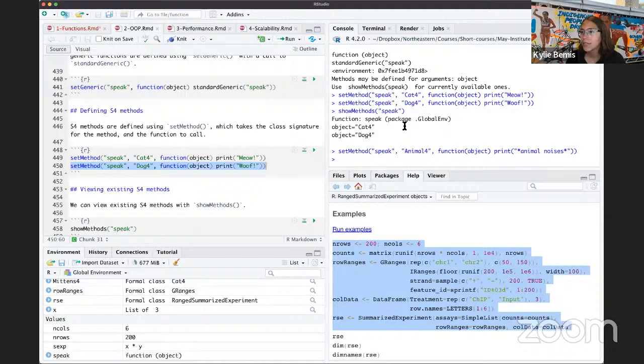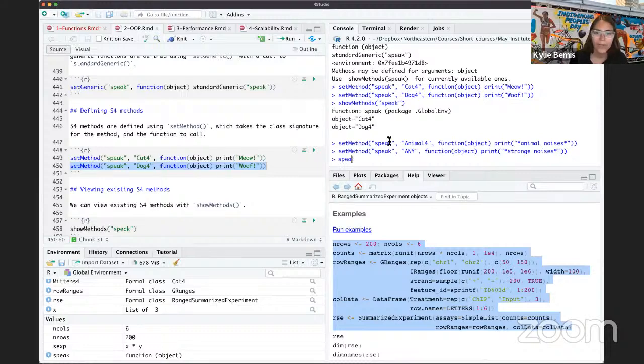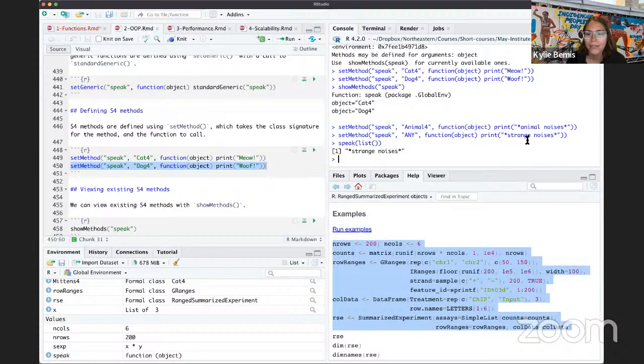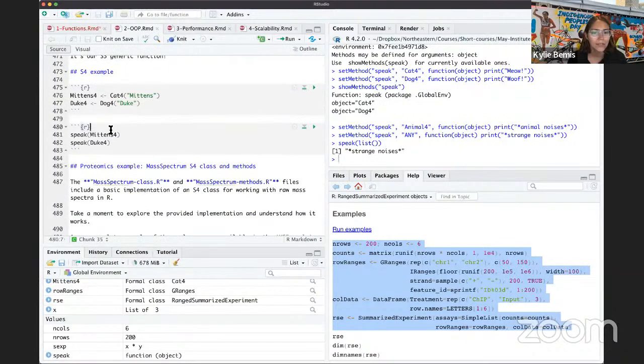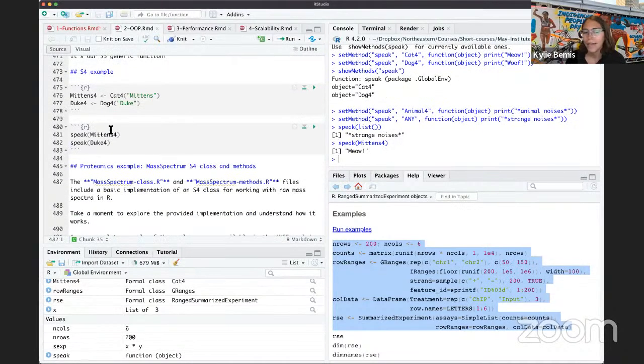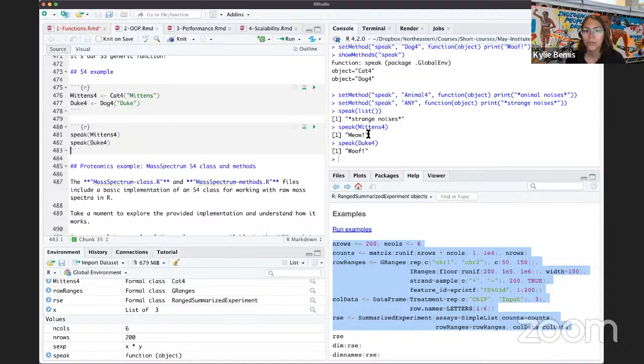So here I have a method for animals and a default fallback for anything. So now if I call, say, speak on a list, I'm going to get this any method. This is the default one, which is going to print out strange noises. And so down here, if I call speak on one of my animals, I'm going to get the corresponding speak